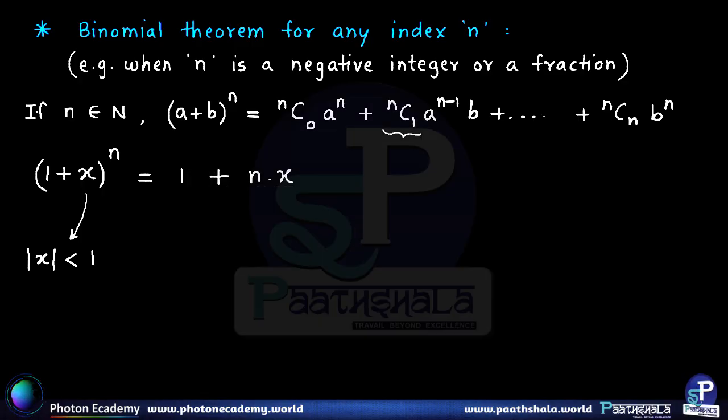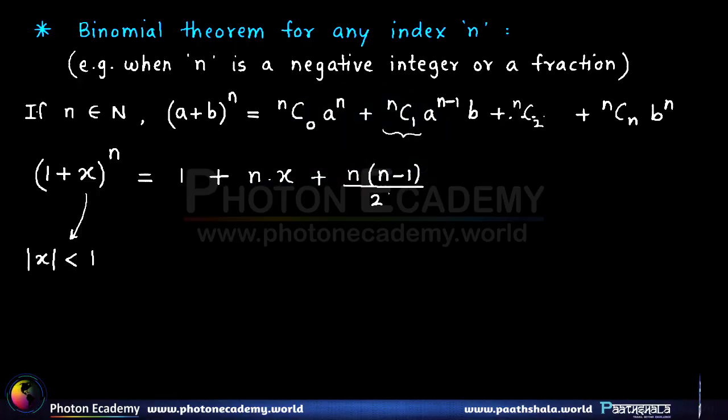Now here onwards x will start appearing. In the next term there was nC2 in the original expansion. So here instead of writing nC2, we will just write n(n - 1) upon 2 factorial